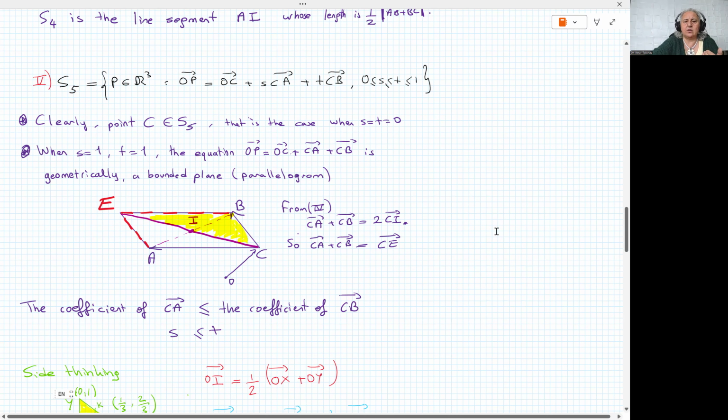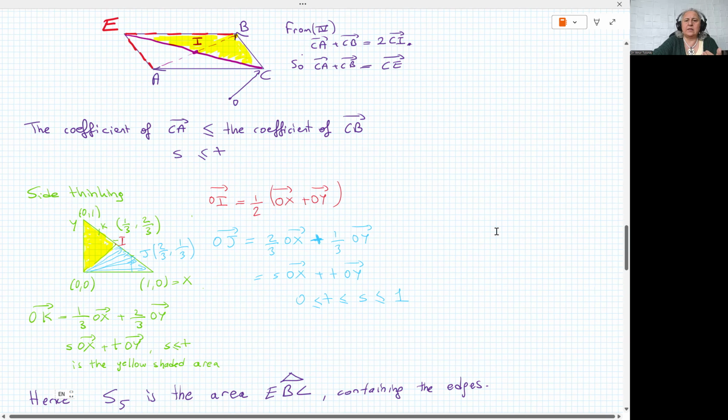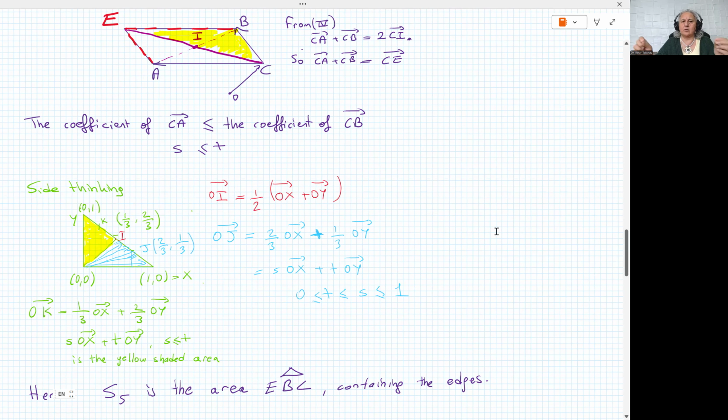So that's what I'm trying to explain here. This is a side work or side thinking. Assume that we have the points (0, 0), (1, 0), and (0, 1). We would like to understand this coefficient of CA and the coefficient of CB, and what it means if one is smaller than the other. So we know that the midpoint is I, OI, from the previous work that we've done,